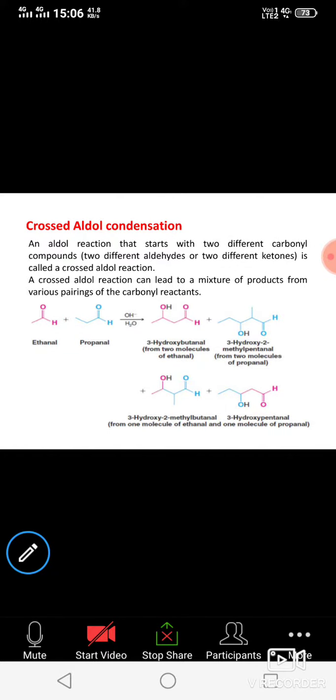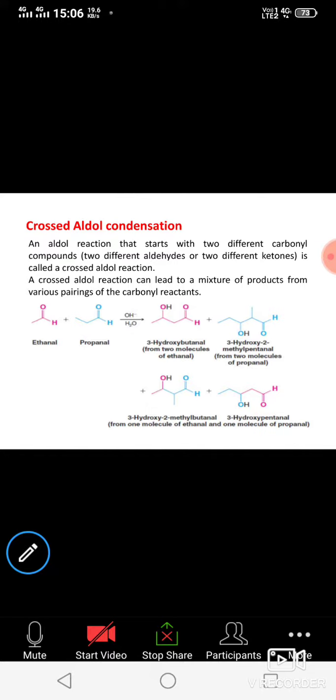Now you are having another type of aldol condensation, known as the crossed aldol condensation reaction. It is an aldol condensation reaction that starts with two different aldehydes or with two different ketones. When you studied the simple aldol condensation reaction, you had